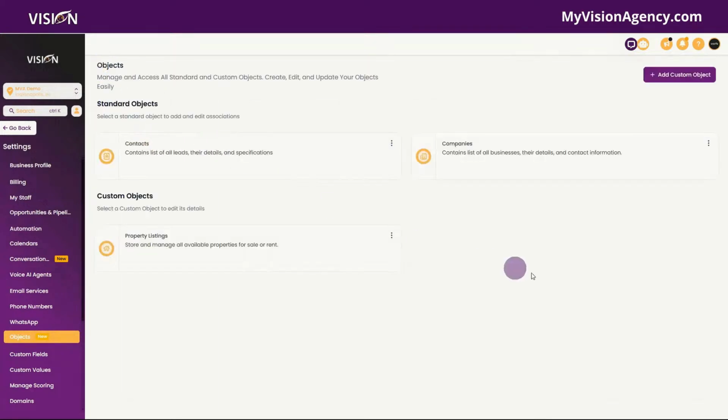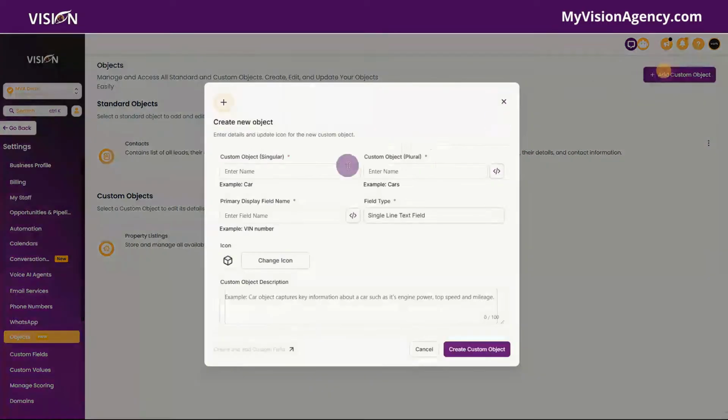So let's actually back out of here and let's just start from scratch and create our own custom object. So I'm going to click here now, and we need to give our custom object a name. So I actually was using ChatGPT. I had it create a fictitious business for me. So this first custom object, I'm going to call client and interest transaction. I'm not in real estate. I just wanted to use this as an example to hopefully get your mind thinking about how you can utilize this in your business. So the singular version there, let's say, just put an S on here for the client